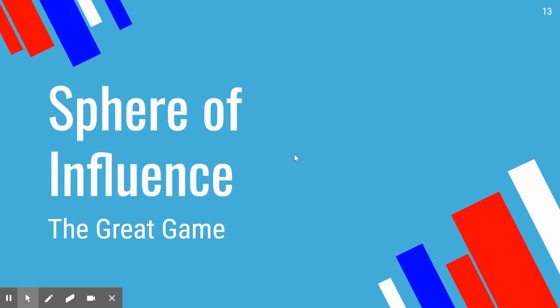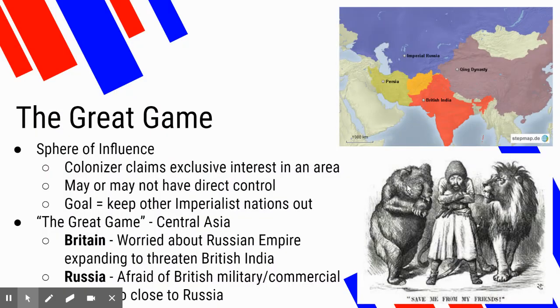Our last piece is a sphere of influence, and this is the Great Game that happens over in Persia. So a sphere of influence, if you remember back, is where two colonizers say that they have an area of interest. They don't actually control the area. They usually don't have control, but they say it's their area of interest, and the goal is to keep other nations away. So if you look here, the Great Game was fought over what we call modern day Afghanistan, and